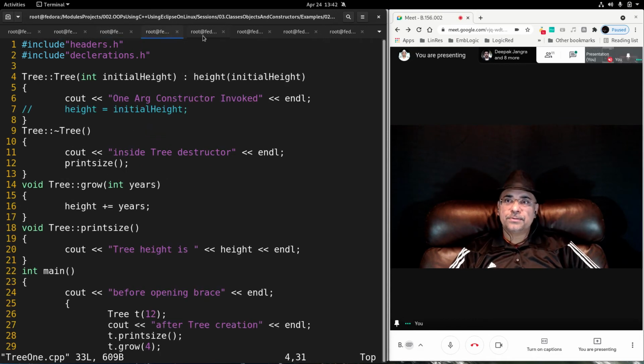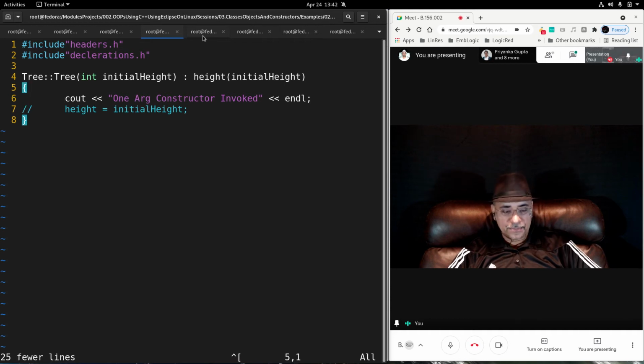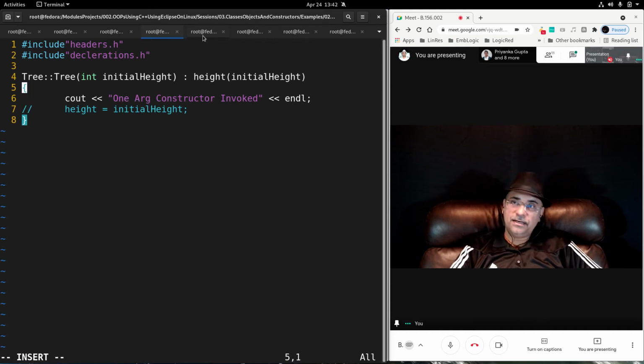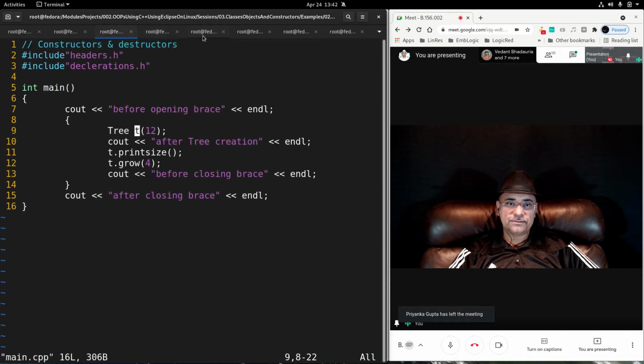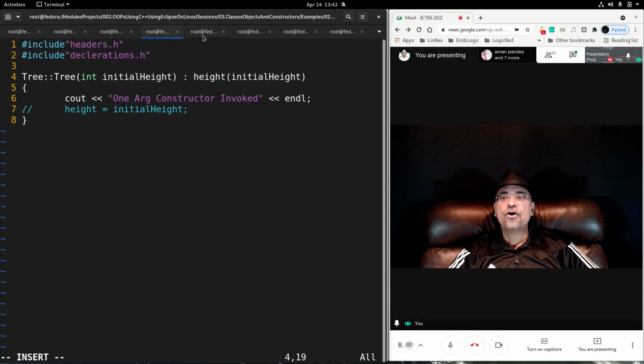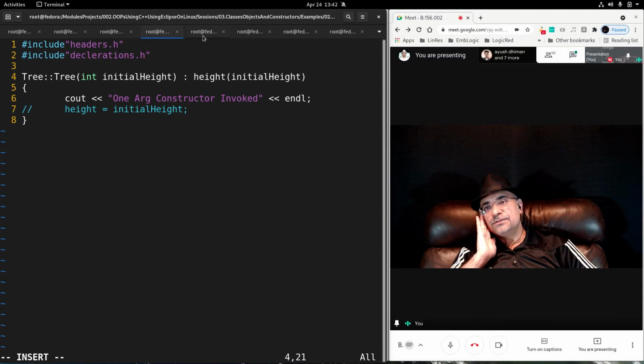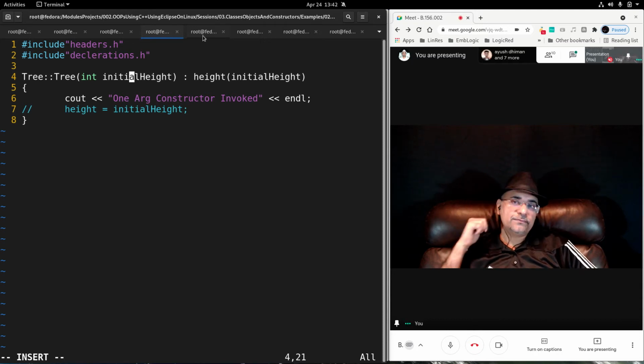We go to one argument constructor. This is the one argument constructor class for file. The 12 that was passed as an argument from here comes to the formal argument initial height. Initial height is a formal argument in which the value you have now is 12.